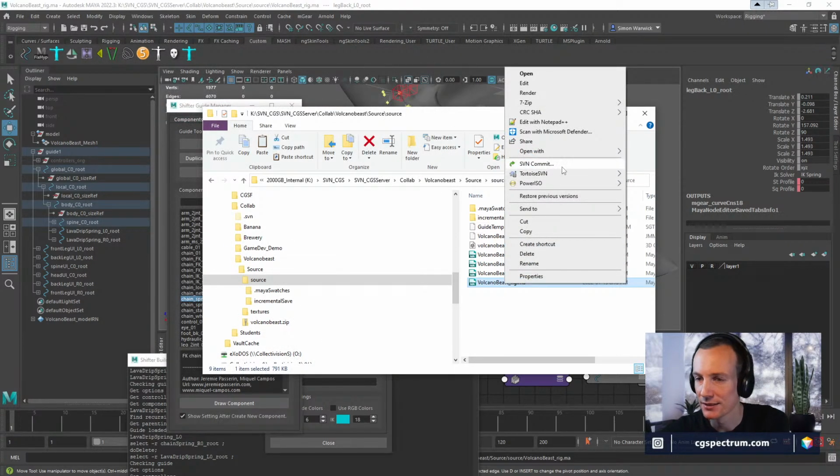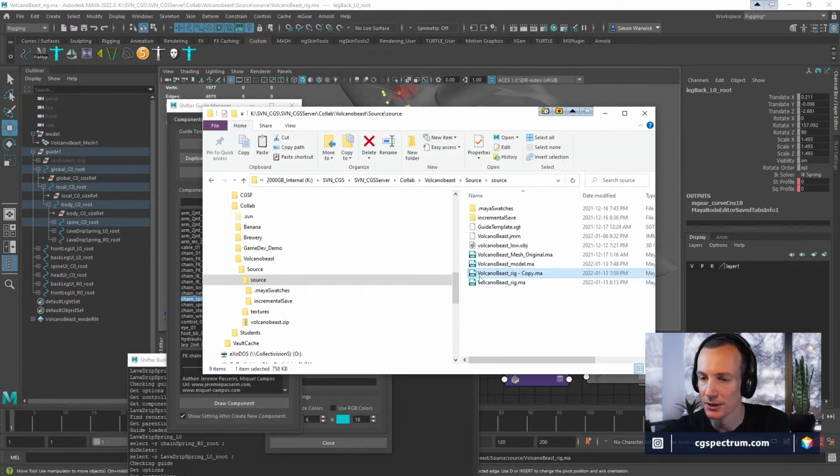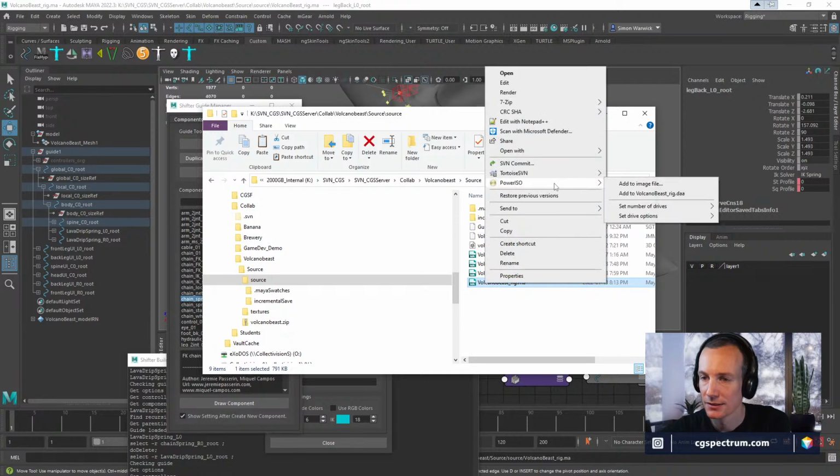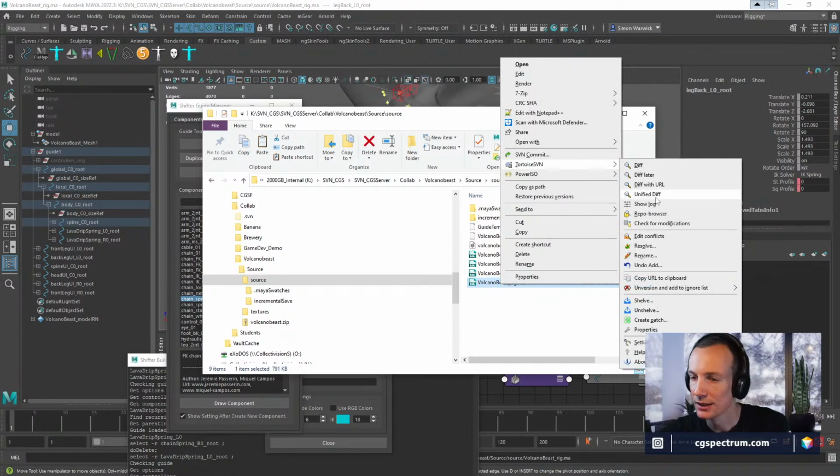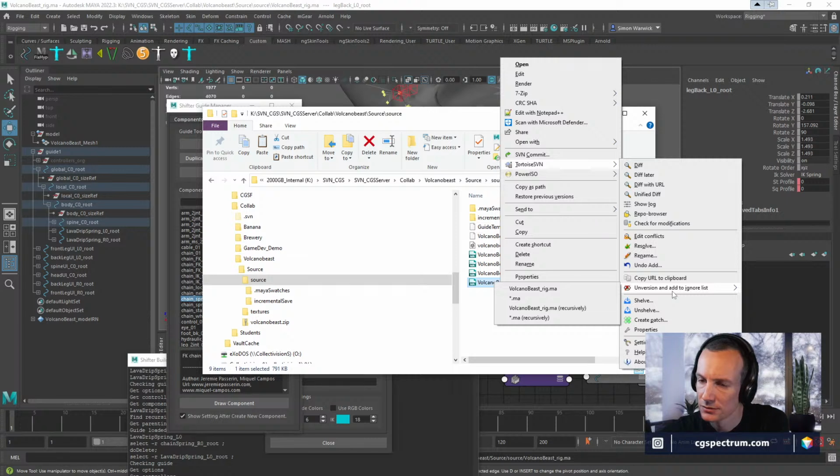Why can't I just see what the revision is supposed to be? Also, interestingly, if you hold shift and right click, you get a more verbose list. I don't know if this is going to help me though.